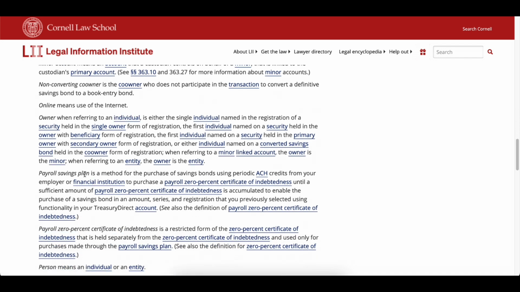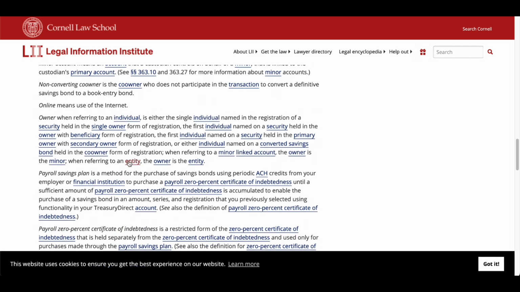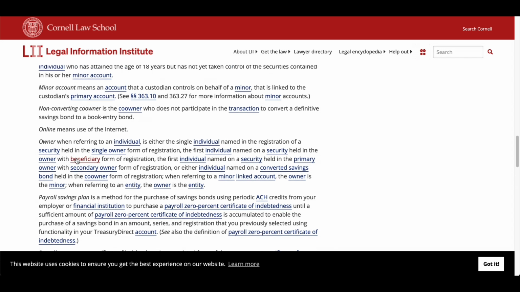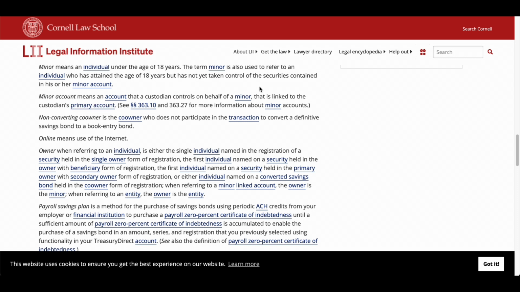So when you create your TreasuryDirect account, that becomes the primary account that you establish. But right now your minor account is linked to the custodian's primary account, just like a custodial parent. You know what I'm saying?